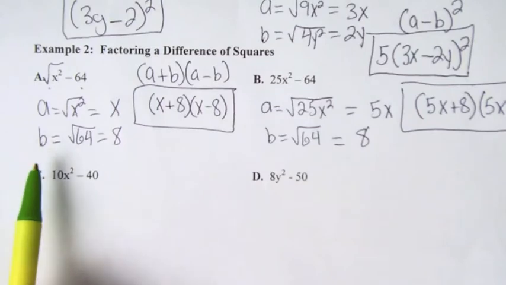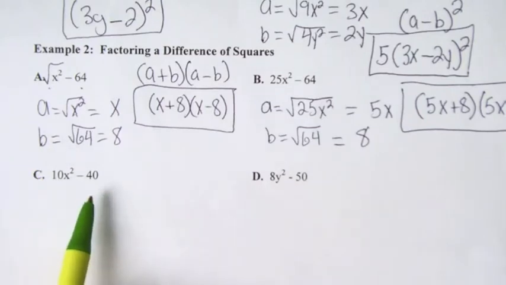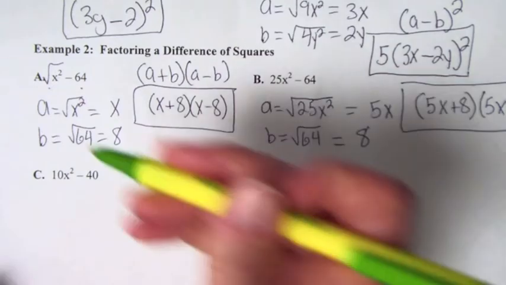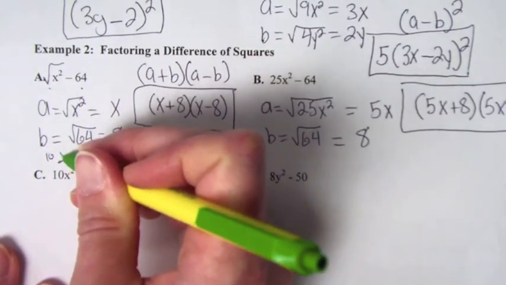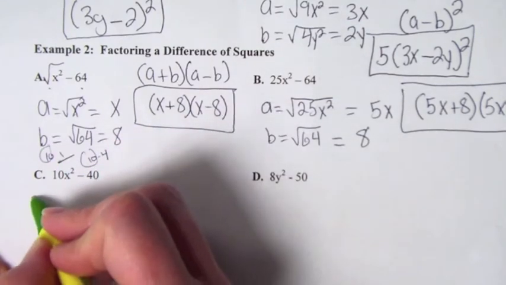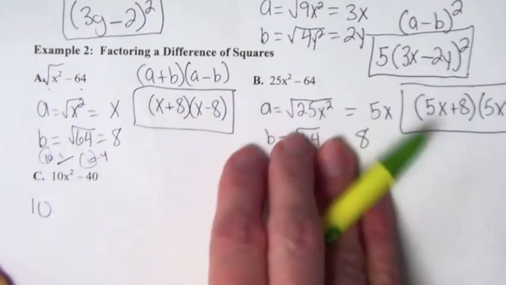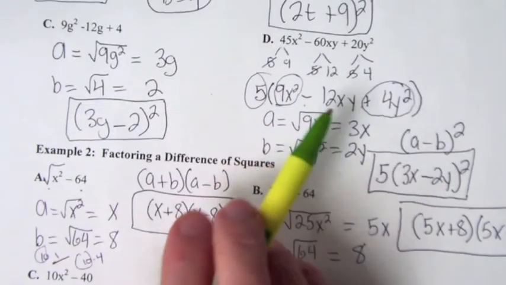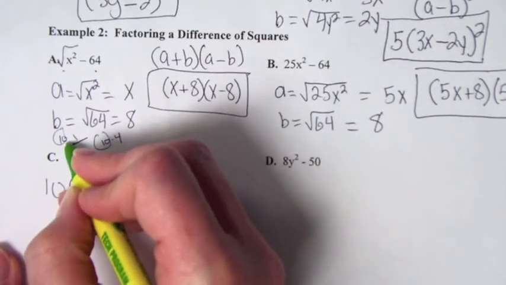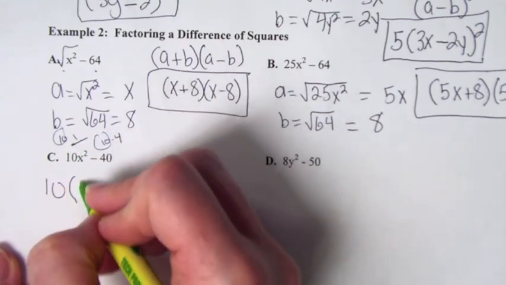Okay, letter C. Now, if you look here, letter C, 10 and 40, they're not perfect squares. Neither one of those are perfect squares. However, if we look at this 10 and 40, we can take a common factor out of both. If you look at this, 10 is a factor on each of these. That makes that 10 times 1, and this one is 10 times 4. So in each of these, we're taking out a 10. So we're going to do just like we did on the example up here, where we had to take a 5 out. Here, we have to take a 10 out. If we take a 10 out of the 10 times 1 factor, we're just left with 1. So we have 1x squared